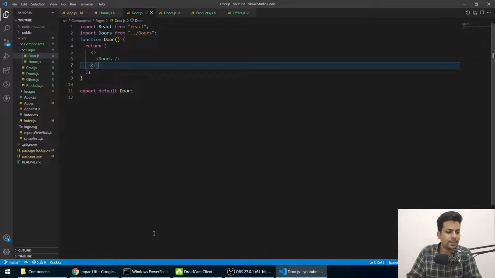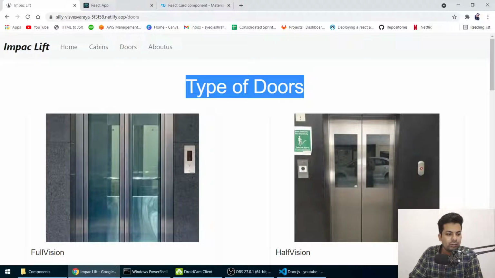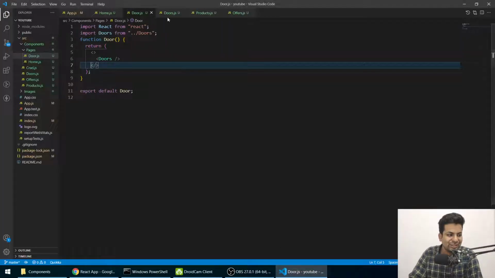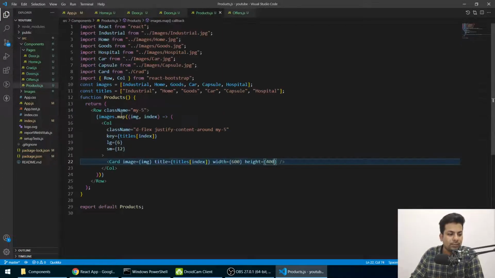Save it. If I go back, type of doors got written. Okay, it's too big. I think I should change this to H2 or something like that. Yeah, H2.